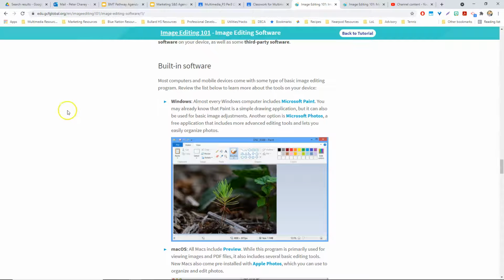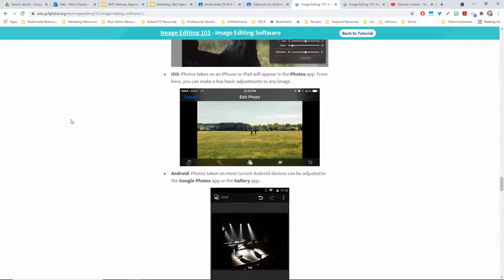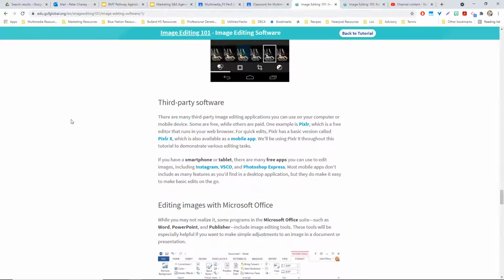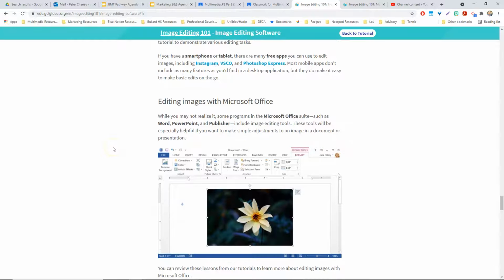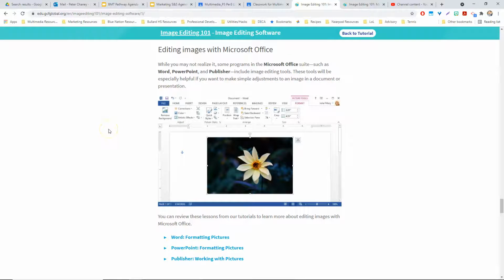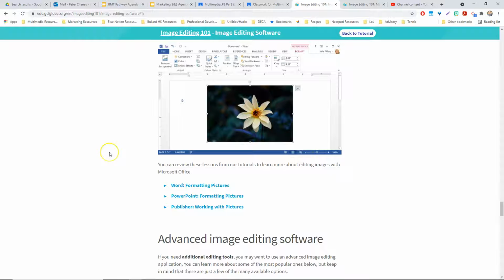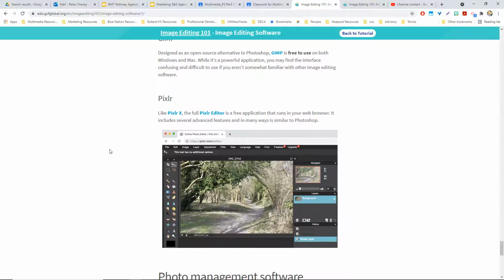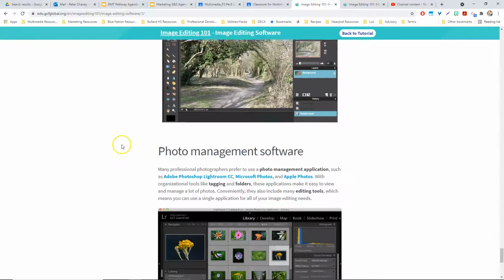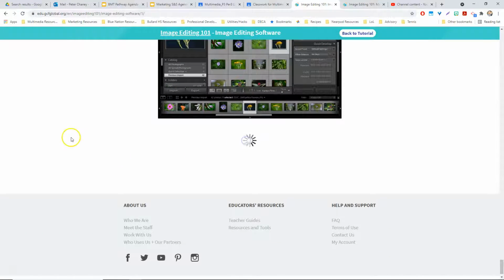Windows has a built-in thing called Microsoft Paint and Microsoft Photos. Our phones all have multiple apps that we can use. The one that we'll be using today is Pixlr, and we'll move on to using Photoshop as well. Microsoft Office, we've already gotten some experience with that by using PowerPoint. So you can do a lot of formatting with pictures right inside of the Microsoft Office suite with Word, PowerPoint, and so on. Photoshop, again, we'll get into later in this class. Pixlr is something we're going to use today and for the next few weeks. Okay,